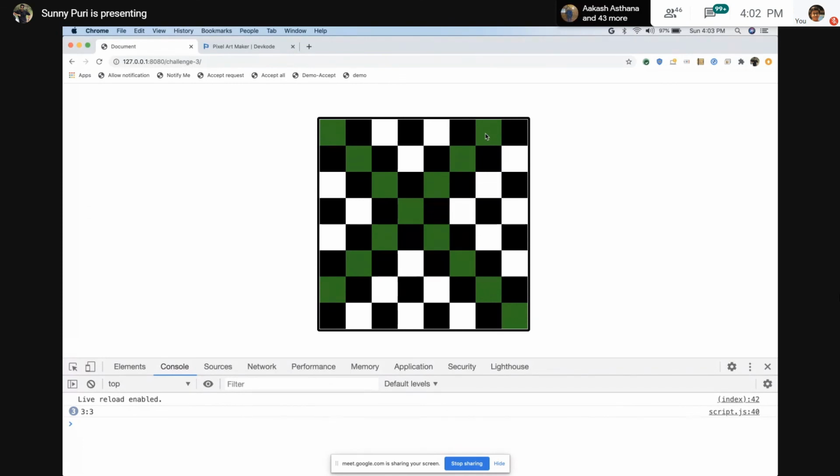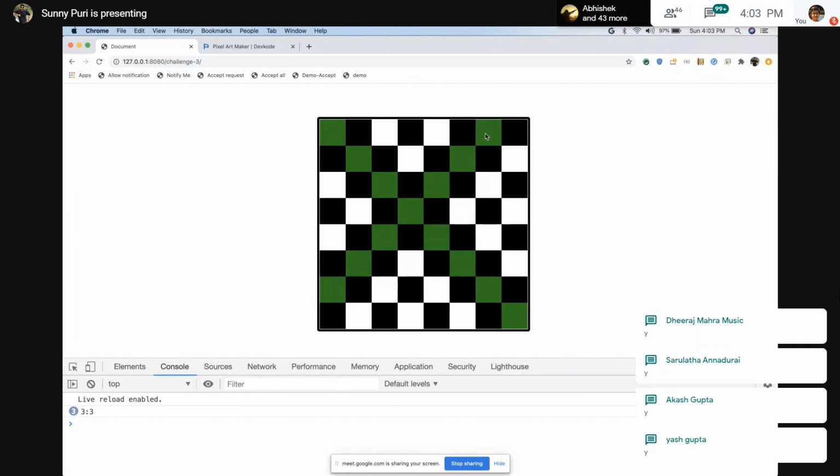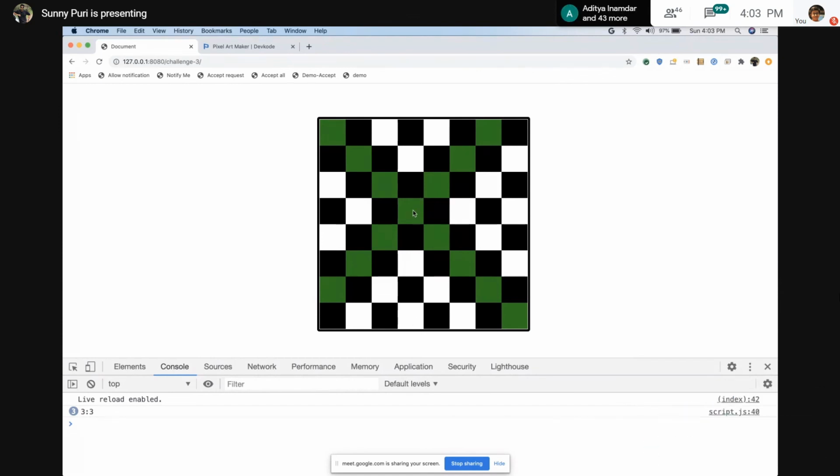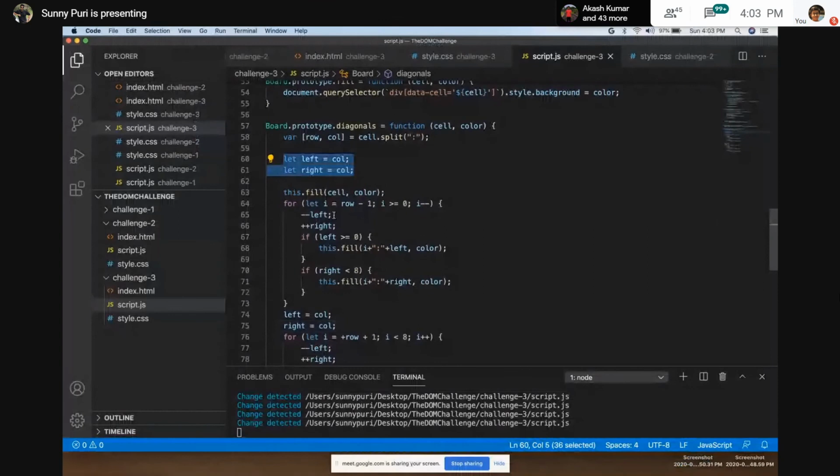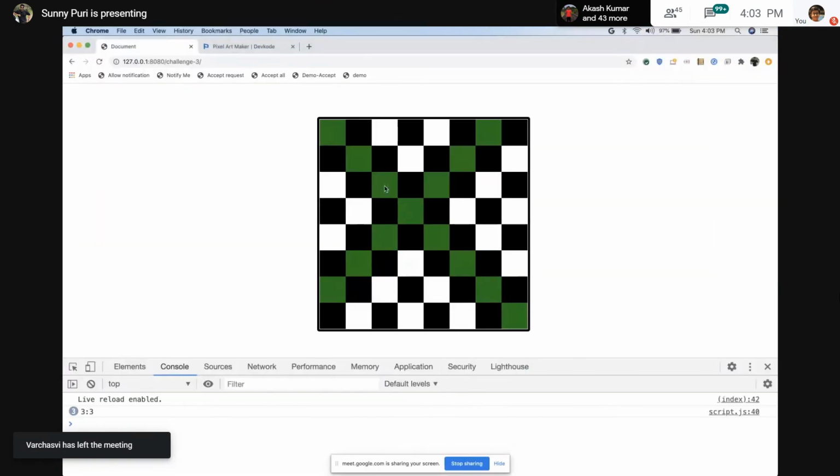What I'm doing in this case? If anyone is having doubt right now, please ask me now. It's a simple logic. One loop is going upward, one loop is covering the down part of that particular cell. In that particular cell, we have assigned the same column value to the left and right. And when we are iterating it, I'm saying decrement left, color it. Increment right, color it. Decrement left, color it. Increment right, color it.